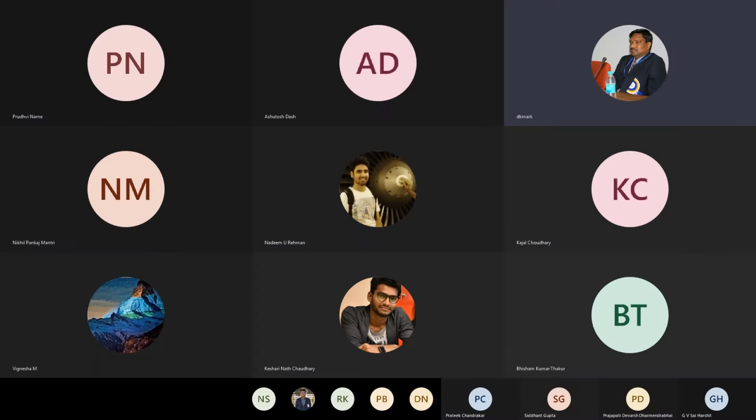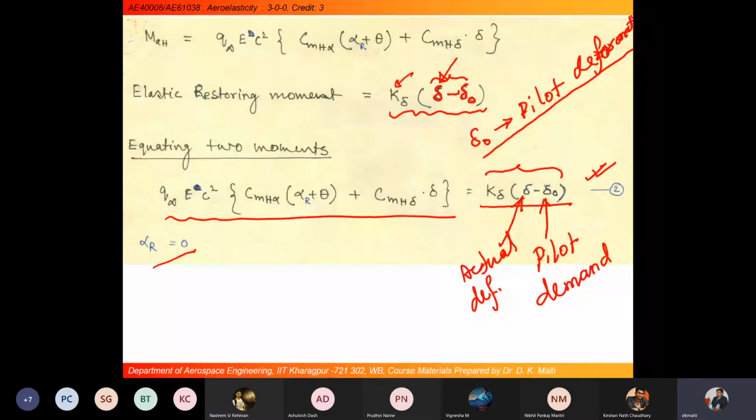And then we have taken the equilibrium equation about the hinge point. About the hinge point, K delta is the stiffness of the control surface, or in other way I will say stiffness of the control actuator, and delta minus delta naught is the restoring force. This delta naught is basically